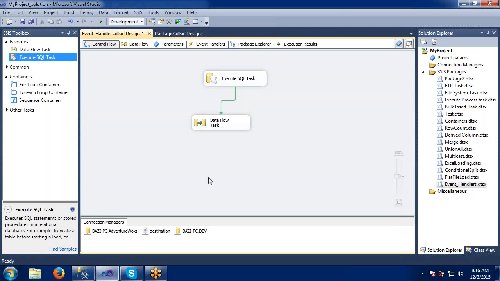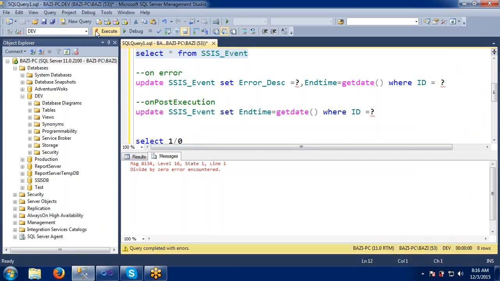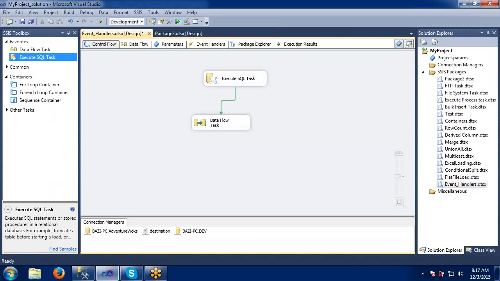Now when I execute this one, it will fail, and automatically these columns will be updated. Which columns? The error description column. Till now it is null, right? The error description should capture what the package error problem was, why it failed, what that error is. All these details should come into this error description. So how have we given this? In the on error, the error description equals the system defined variable error code that we are capturing and updating. Okay, let's see this one.